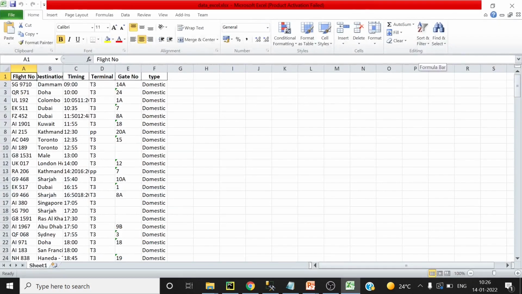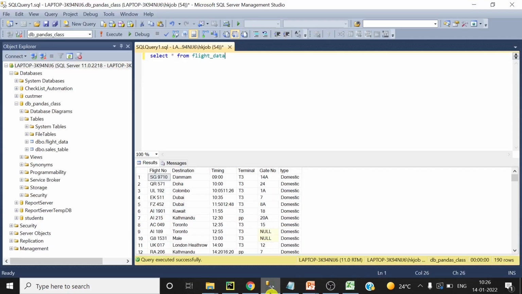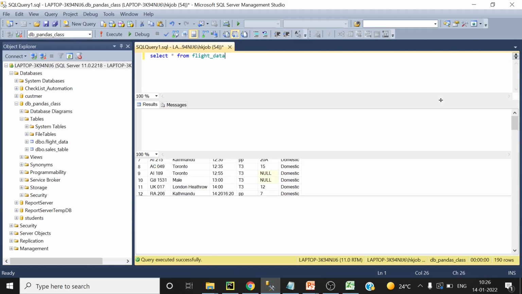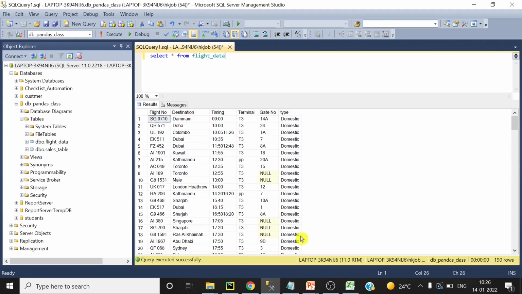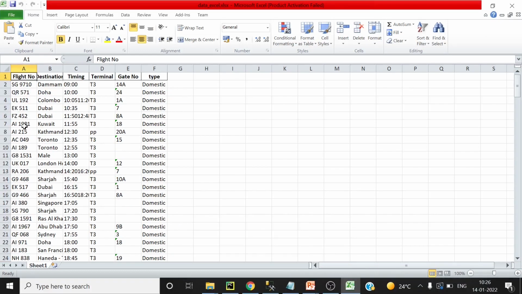There are 191 records, and let me show you the data in the SQL table also. You can notice the sequence from here, and let's see the sequence in the Excel file from the top. So these are the flights and the same data is here in the data table also.